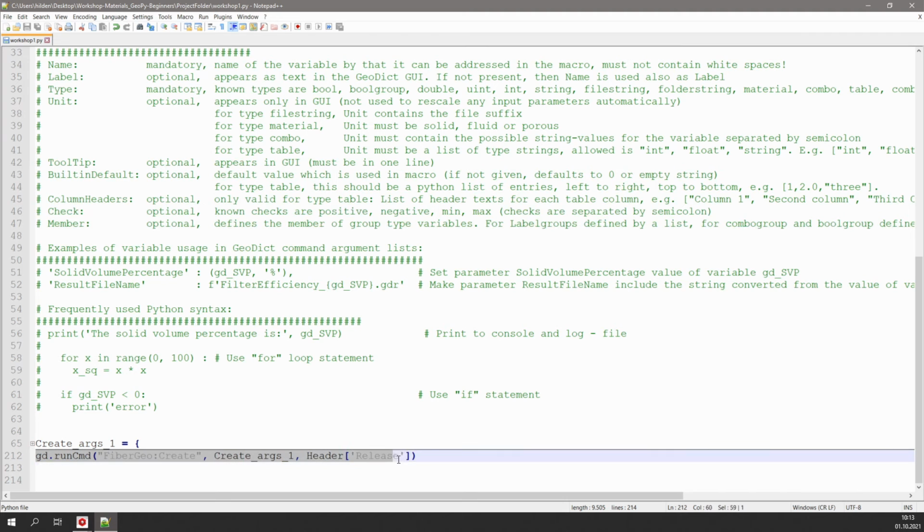In the first line after the dictionary now follows the actual command, the gd.runCMD, which stands for run command. This command needs 3 input parameters. First, the name of the command, here the FiberGeo create command, then the parameters dictionary, which is defined above, and